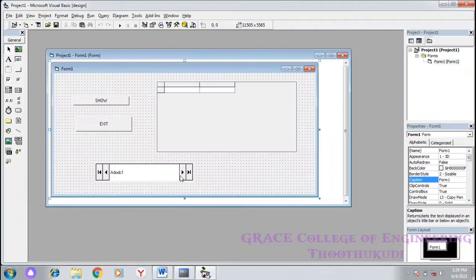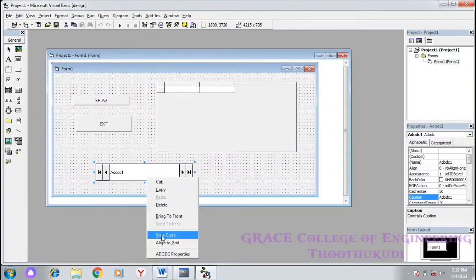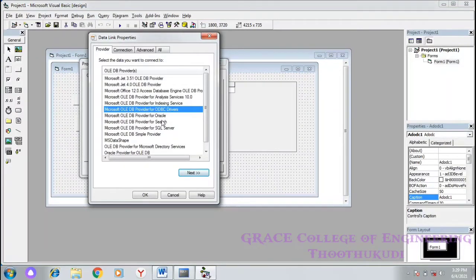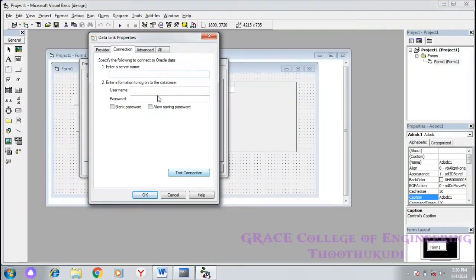Then in the ADO DC control, move to the ADO DC properties. A window will open. Here click the Build button. Then select the OLE DB provider for Oracle. After clicking OK, write the username and password that we are using in Oracle.